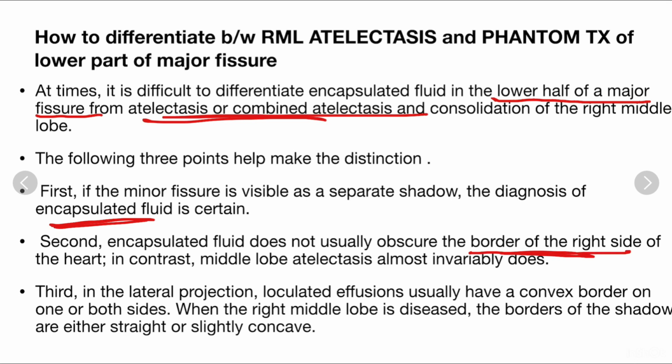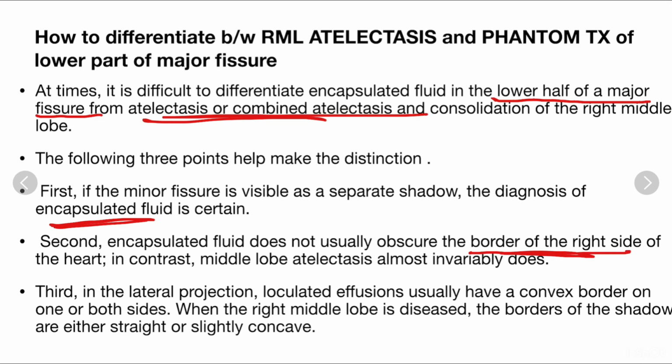Third is, in lateral projection, loculated effusion usually has a convex border on one or both sides. When right middle lobe disease is there, the borders of the shadow are either straight or slightly concave. So they are telling that the borders are convex in case of this